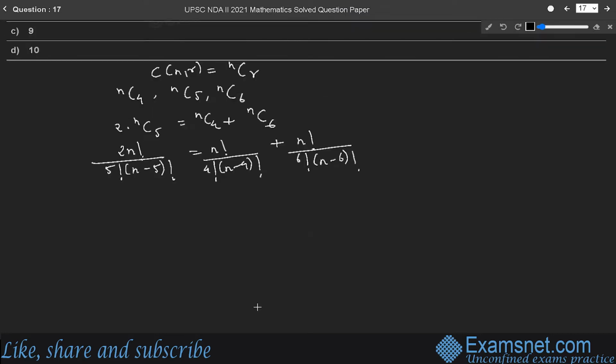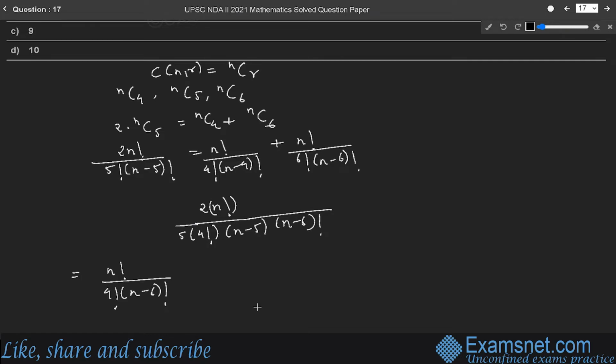So on further solving, it will be equal to 2 n factorial upon 5 into 4 factorial into (n minus 5) into (n minus 6) factorial, which will be equal to n factorial upon 4 factorial into (n minus 6) factorial into [1 upon (n minus 4)(n minus 5) plus 1 upon 6